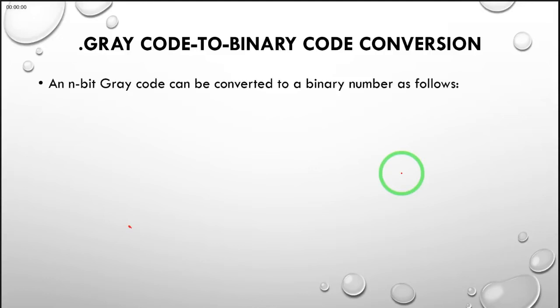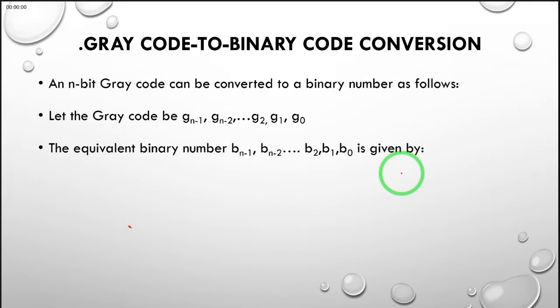Now assume we want to move from a gray code to a binary code. How do we do that conversion? We say that an n-bit gray code can be converted to a binary number as follows. Assume you are given g(n-1) all the way to g0. The equivalent binary number, which is going to be represented by b(n-1) to b0, is going to be